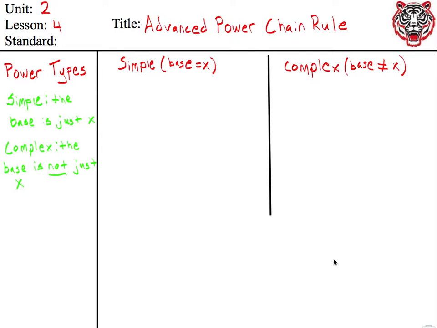All right, so lesson 2-4, advanced power chain rule. So we have a bunch of power types. By a bunch, I mean 2. So we have simple and complex. Simple, and these are the really easy ones. Let's do an example here. So if I do the derivative d dx of x squared, I'll put parentheses around it,